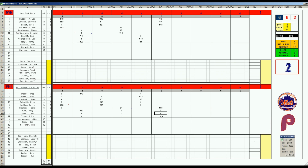He's got power. Tyson, 1-9 on his card. Single 1 to 7. Line out to short, and he lines out to short on a 10. I believe we saw in the Philly Marlins game earlier how Correll and Tyson as bench players helped that team rally and win that game. So even as bench players, you need contributions. They didn't get it in that at bat, but